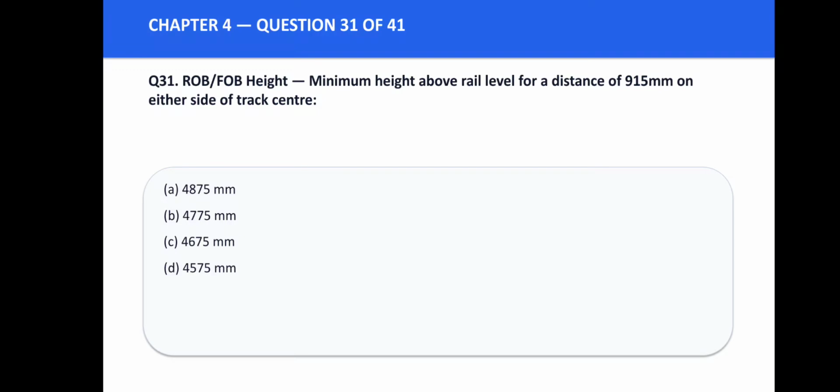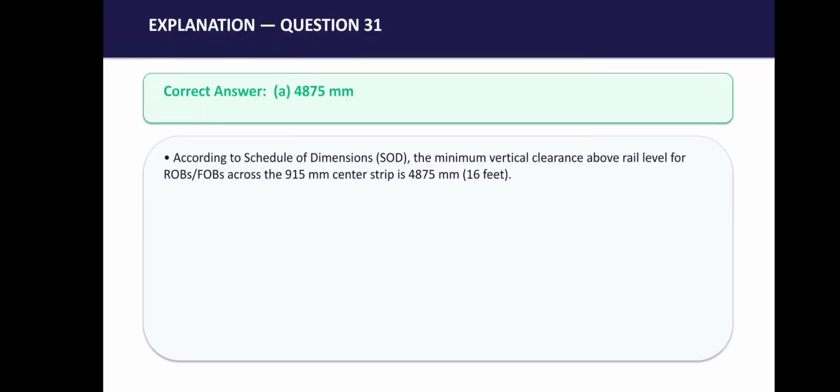Option D, 4575 mm. The correct answer is option A, 4875 mm. Explanation. According to Schedule of Dimensions, the minimum vertical clearance above rail level for road overbridges and foot overbridges across the 915 mm center strip is